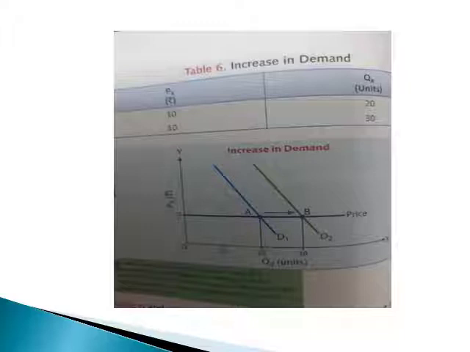Now you look at the diagram and the schedule. Price is 10, demand is 20. Price is again 10 and demand increases. That is, same price, more demand. It means there is some other factor due to which demand increases. In this case, there is a rightward shift or forward shift in the demand curve. Demand curve shifts from D1 to D2. Same price 10 and demand is 30. So we draw a new demand curve.